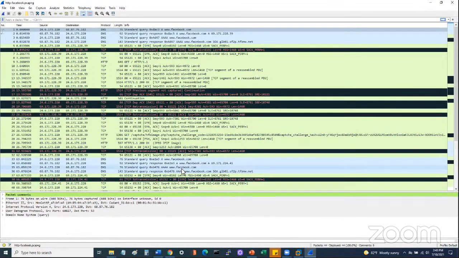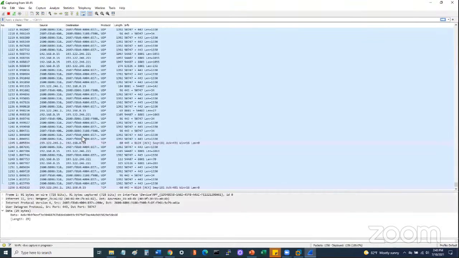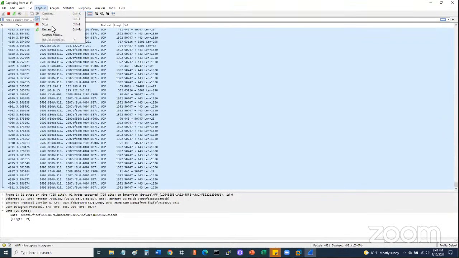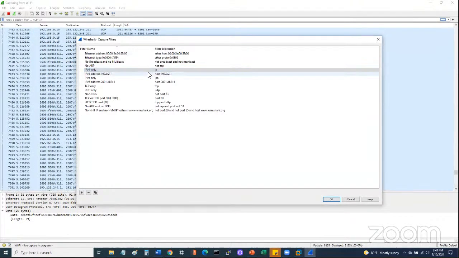If you are doing a live capture, like whatever I'm doing on my computer right now, that's not the same thing as what we're looking at now. But if you were to click and say, I want you to start capturing traffic right now, then we're talking about a capture filter, because it's capturing live traffic.